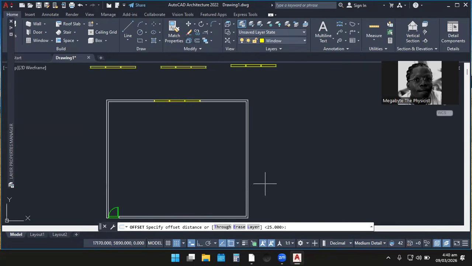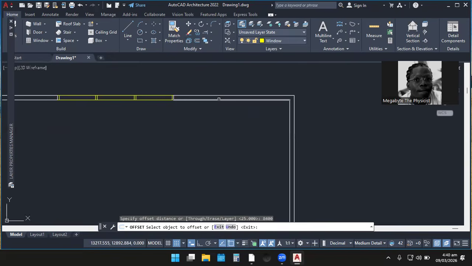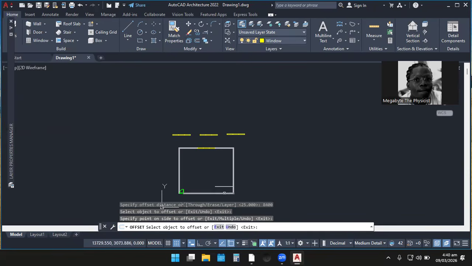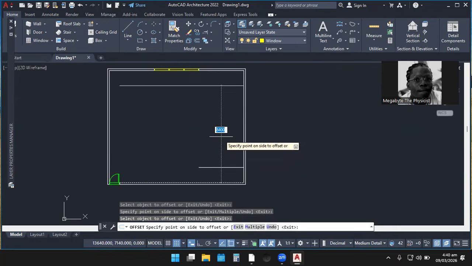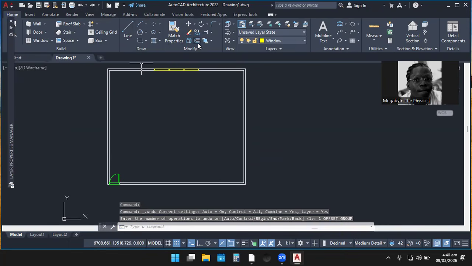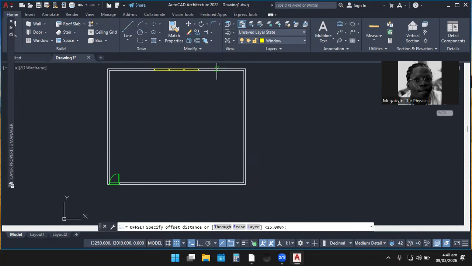So let me just remove this command and offset that amount twice. I click offset, and then I specify the distance 8,400. Enter. So I offset this inward. I offset this one inward. Okay. We can choose to undo and repeat it one last more time again. So when we select our offset, we can now specify our distance, 8,400.